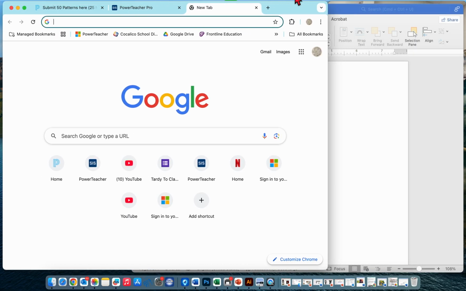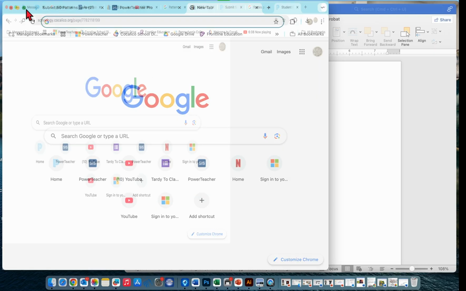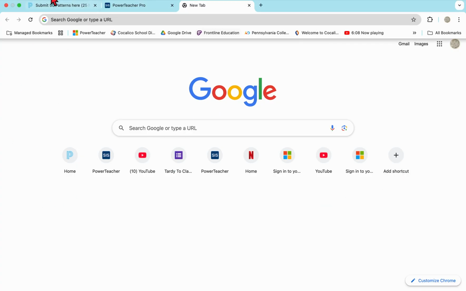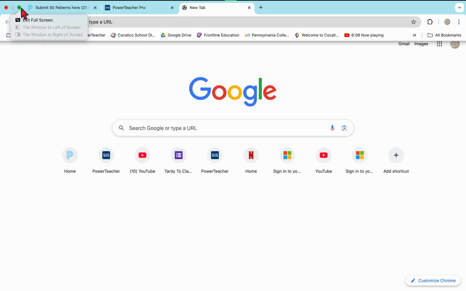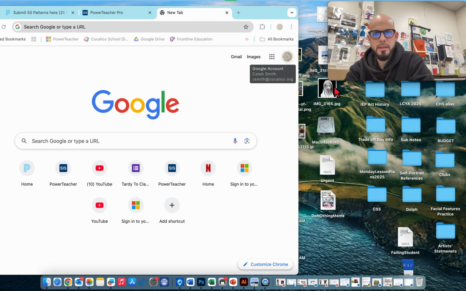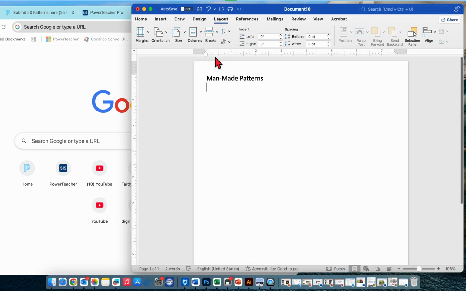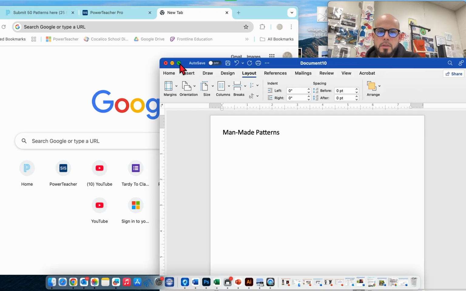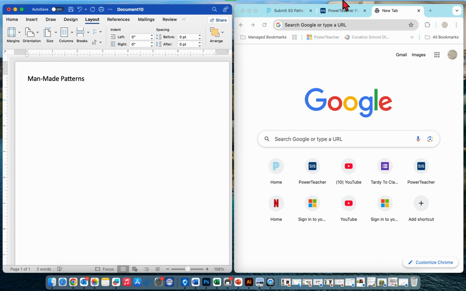Now over here, I want to go ahead and start Google searching some stuff. A lot of students, I don't know why this is, like to have the entire screen taken up by one tab. But for what I'm going to show you here, you want to start off with something like this. Half of it's the tab, but we can still see the desktop over here. Now I can see my Word document, and then all you got to do is hover the mouse over top the green circle. Sometimes you got to click and hold, and then you just use this to make it go split screen. Anyway,